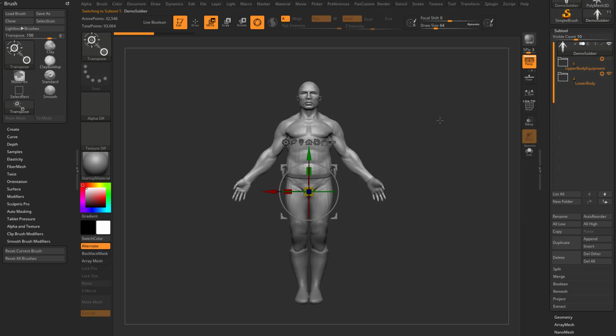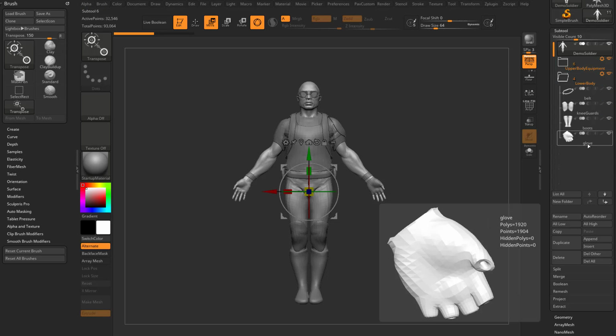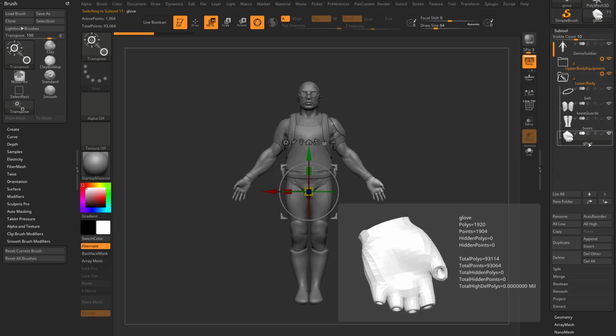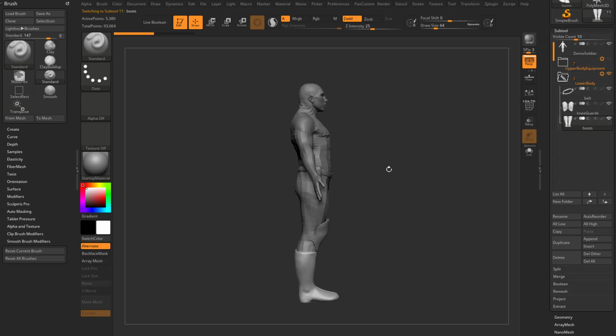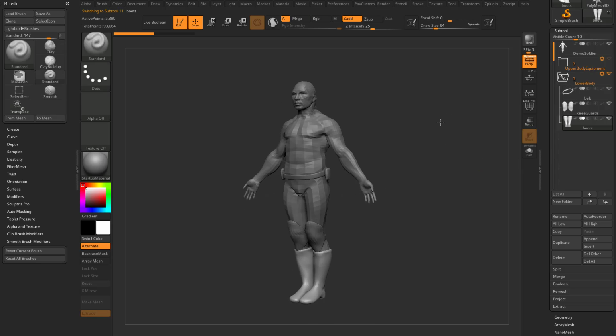Let's go ahead and go out of move multiple, lower body equipment, and upper body equipment. Now in here, you're going to see lower body equipment actually has another glove in there. We're going to take this glove and scoot it on over into upper body equipment. Turn that visibility off. It's still visible because that's a selected subtool, so let's go select the boots, and now all that stuff disappears. Hit Q to go back into draw mode, and now we have just lower body subtools